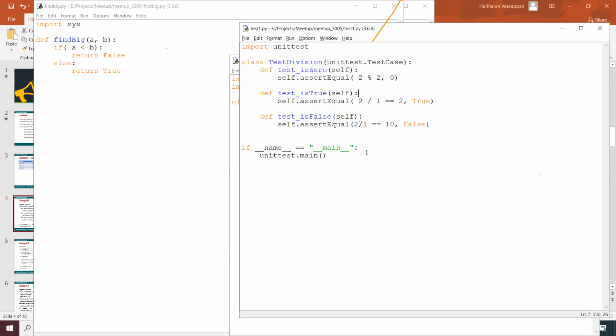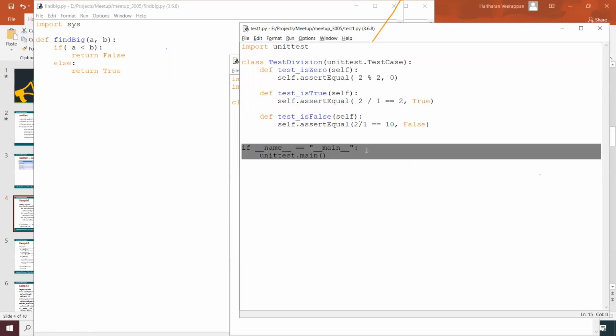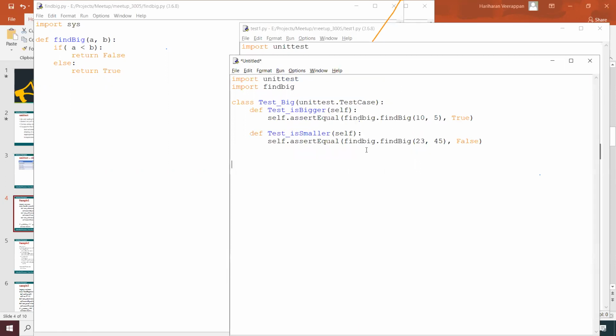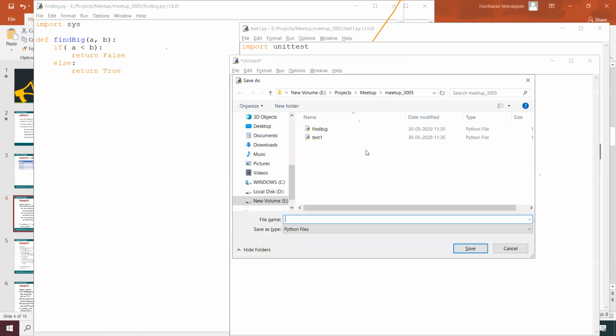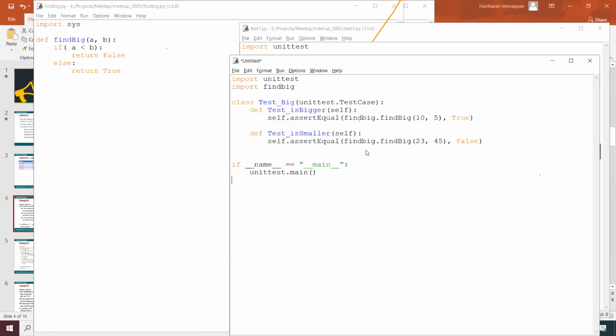Maybe we can copy this, and I'm going to save this as test2.py. Now we can recheck find big, which we are checking for the bigger number.